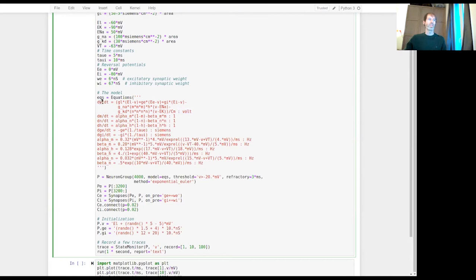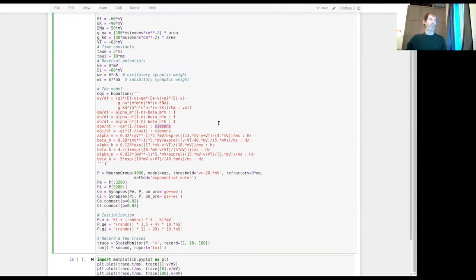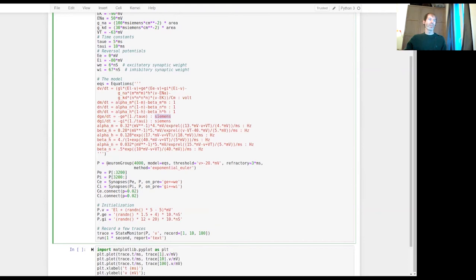So the membrane potential is a variable, it's a voltage, it's in volts. These are dimensionless variables. This is a conductance and so on. And this is used then by Brian's system to check for the consistency of units, to make everything work out, basically. You then put everything together in a so-called neuron group, which here consists of 4,000 neurons, which all share